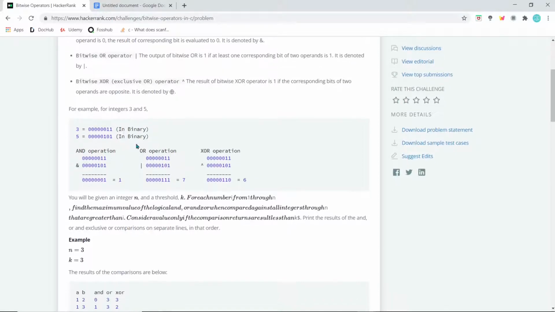Now we do 3 operations: AND operation, OR operation, and exclusive OR operation on these two values. AND, OR, and XOR operations are done on the binary values. Always remember this. This is done on the binary values of numbers. Here we have the calculation for AND operation. 1, 1, both are 1, so we will have 1. AND operation outputs true only if both the values are true. In the second column we have 1 and 0, so it will be 0, since any case where we have at least one 0 will output 0 in AND operation.